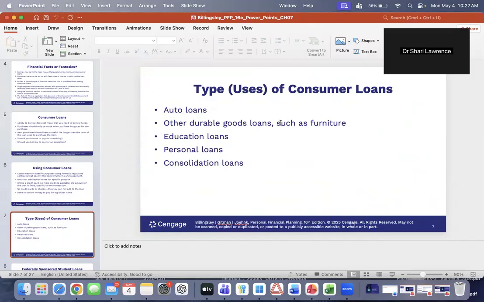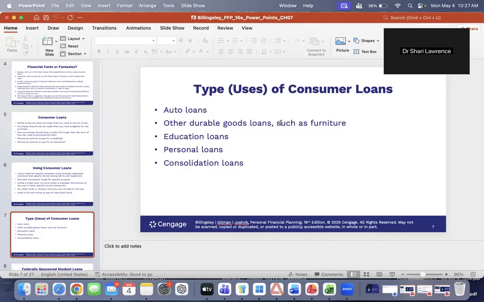Well, we don't mean a mortgage. A mortgage is a mortgage. So a consumer loan would be an auto loan, for example. And in fact, the most common type of consumer loan is an auto loan. If you get a loan for an automobile, you're using the auto as collateral. Therefore, the interest rates tend to be fairly low.